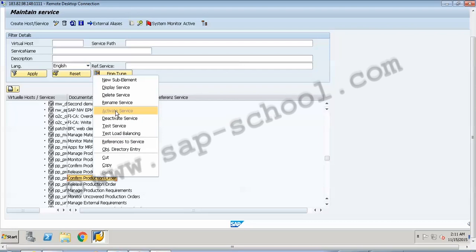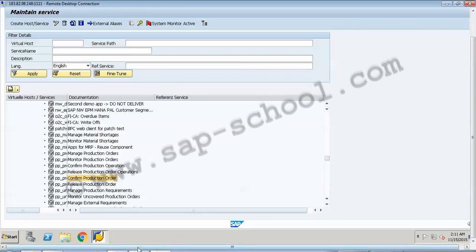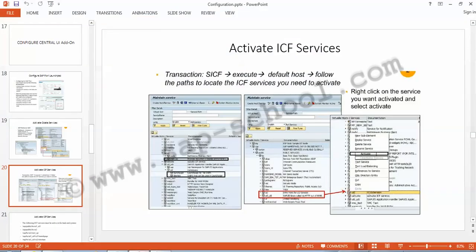We have to create the catalogs and tiles, then we have to assign the catalogs to the roles, and at last we have to provide the users with the access to the launchpad. So we will be watching all these steps in detail once we will be configuring the SAP Fiori Launchpad.